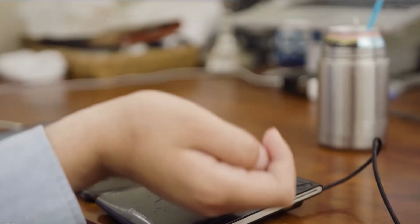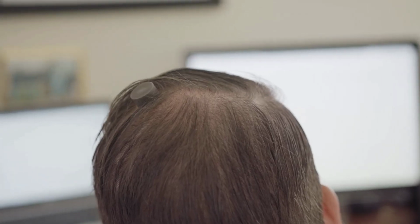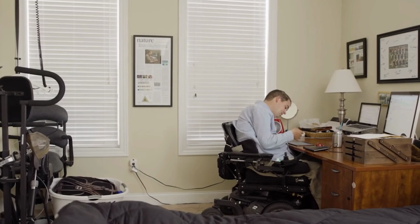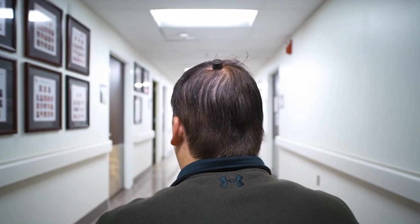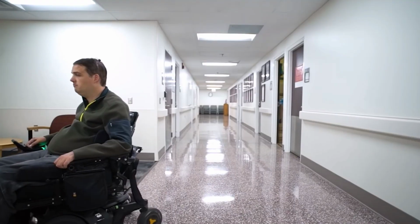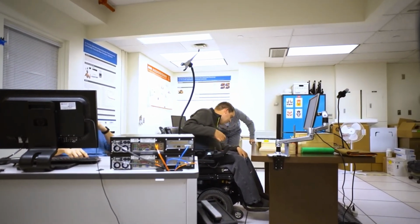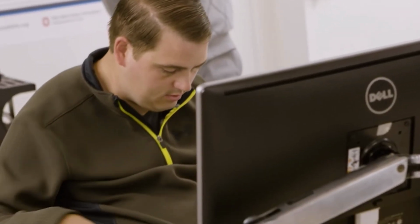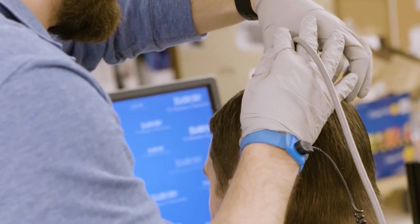In order to increase the range of action in his arms and stimulate his sense of touch, a tiny computer chip had to be implanted in his brain. Burkhart believes the risk was worthwhile because of the potential reward. At Ohio State University's Wexner Medical Center, Burkhart's brain-computer interface, or BCI, was surgically implanted. The tiny, rice grain-sized chip tracks electrical activity coming from Burkhart's primary motor cortex, the part of the brain in